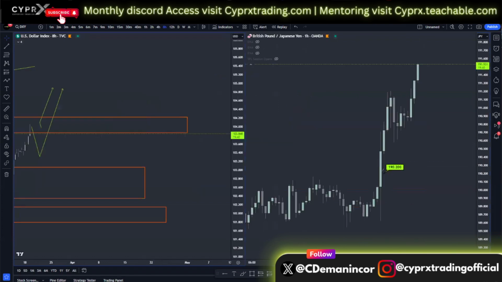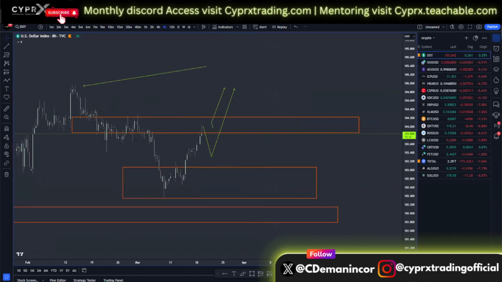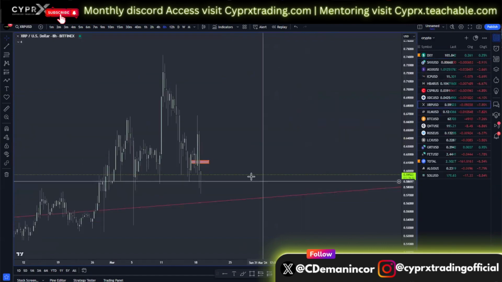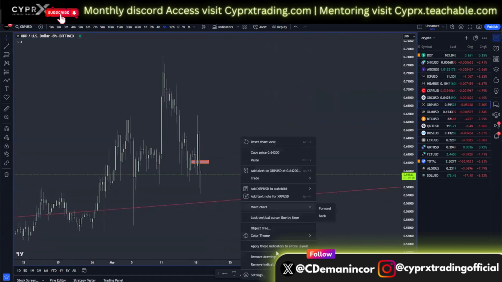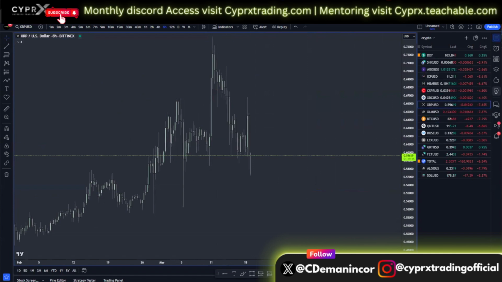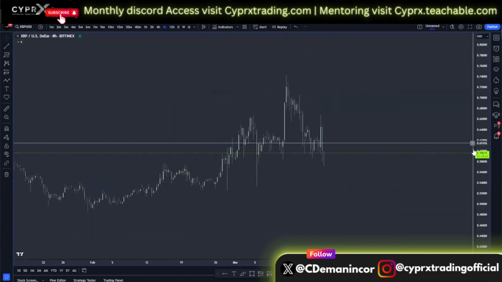So if you're still here, now let's get into some XRP price action, i.e. scenario number one playing out, which would be a risk on market environment, a favorable market environment for us as risk asset investors. And then we'll get into scenario number two, giving immediate targets, i.e. bullish and bearish.